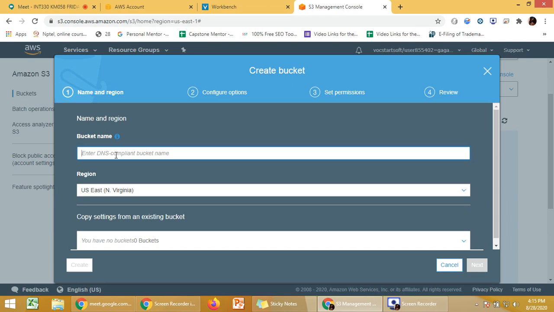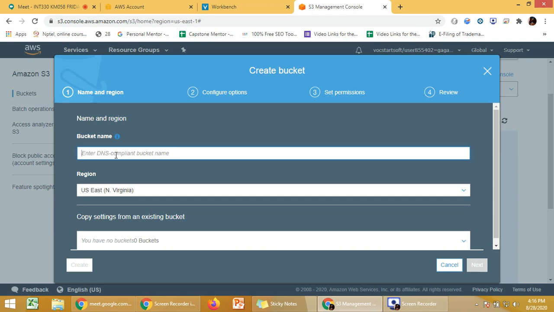Like you are having a website, you are having a DNS of that website, like your name something, or you can say like we have google.com, something like that. So any domain name which is available with you, you can create that bucket name, but it should be unique.